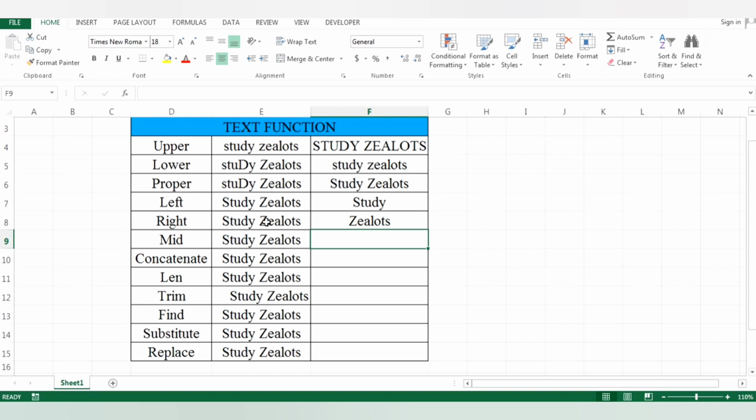Now let's move to the mid function. Before using the mid function, we need to understand what is the purpose of using this function. If we need to extract some letters from the middle of a word, we need to use the mid function by writing equals to mid, bracket, then select the cell,